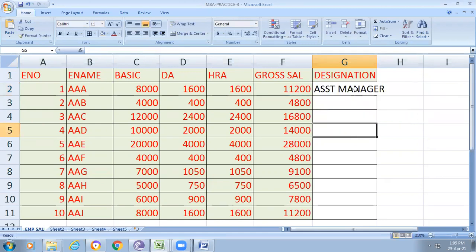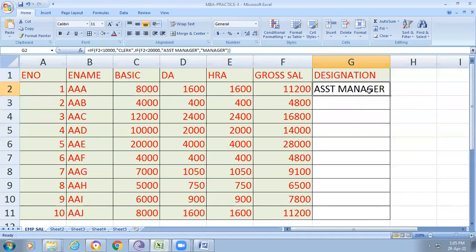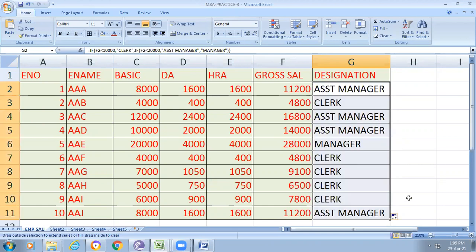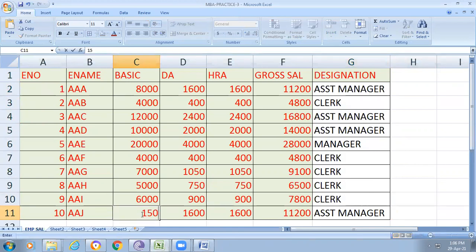If I click here, then the grade appears, and we can expand the columns like this. If you place the mouse like this, you can see a plus symbol. You can drag like this, then the same formula is applied here, but no one is manager. So I will give manager for one person. For example, here I'm giving 8,000, and here I'm giving 15,000.